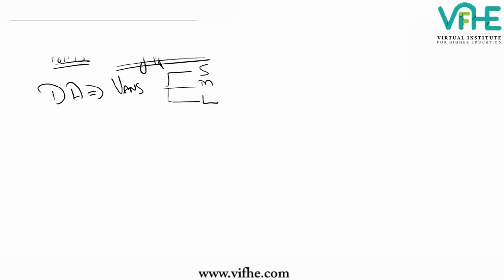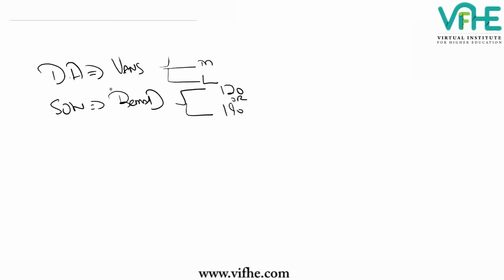So it is clear that the state of nature here is demand, and there are 2 possibilities of demand, either demand being 120 or demand being 190. So if you look here, there are 3 decision alternatives, 3 options, S, M, L, and the 2 demand possibilities. Either demand will be 120 or the demand will be 190. And like this, you have to find out the outcomes.